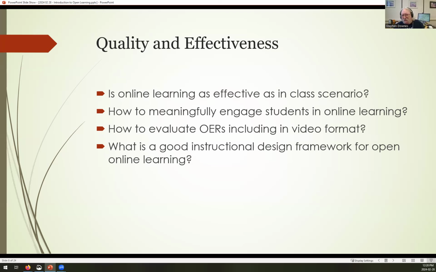How to meaningfully engage students online is a big part of it. I've tried dozens of different things over the years. It's a challenge. It continues to be a challenge, particularly when the people you're working with, all they've ever known is interaction and engagement offline. I find that especially, I'm doing a project in Europe at the moment involving people from Eastern Europe who don't have a history of being on the internet for learning or just for general interaction, and they prefer to do things in person.